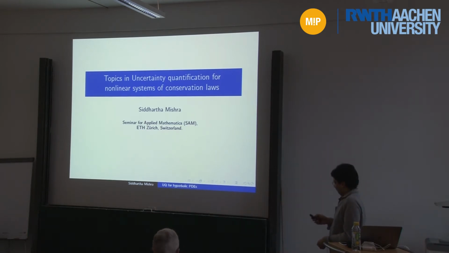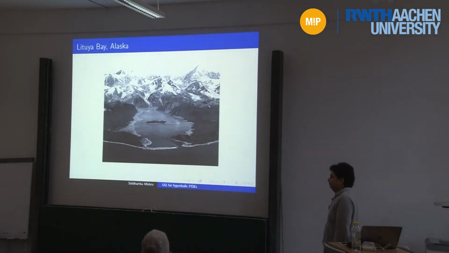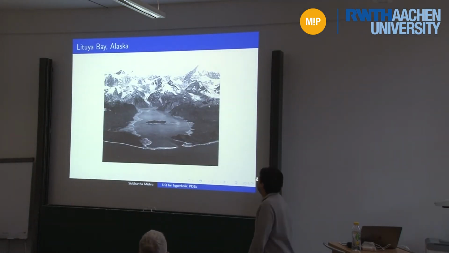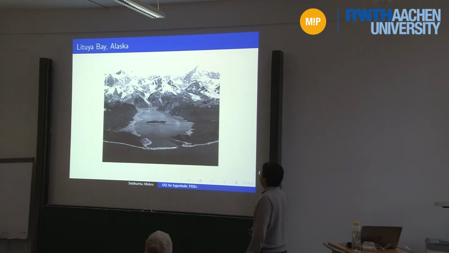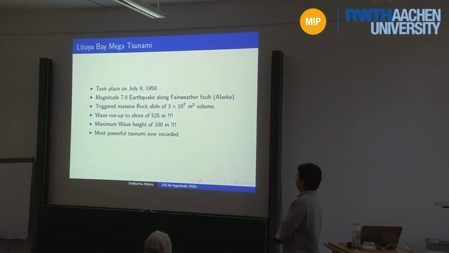Okay, so let's see. I start my presentation by showing you a beautiful picture, rather than talk about some equations. This is a picture which comes from a place called Lituya Bay in Alaska. As you can see, it's a black and white grayscale picture. This is a rather rugged, nondescript wild landscape. It's a beautiful bay, and why do we care about that? It's clearly uninhabited. The reason why we care about it is because what happened here on the 9th of May